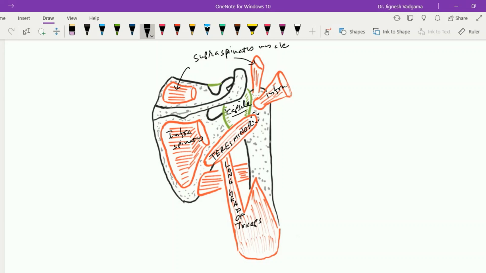This teres minor muscle passes in front of the long head of the triceps, while this muscle is the teres major muscle, which passes in front of the long head of the triceps muscle. Now all these muscles are going to form some triangular and one quadrangular areas, and the quadrangular area which